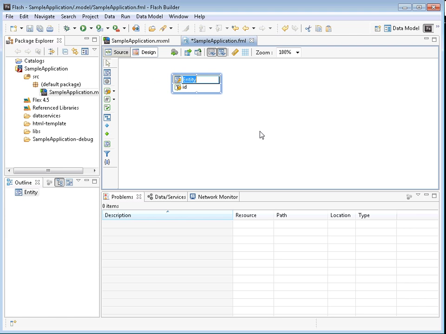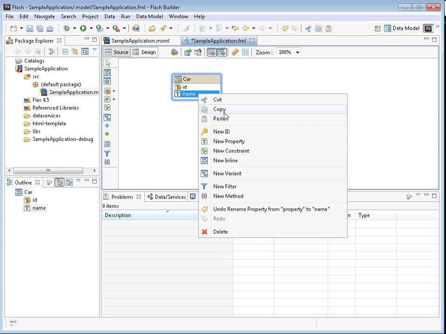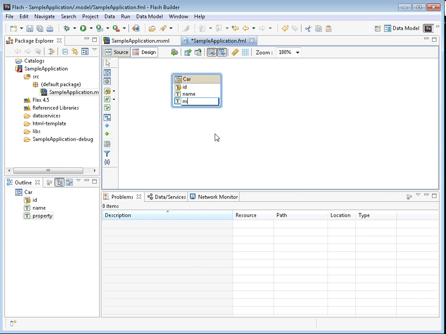Let's give the entity a name. I'll call it a car. The entity has an ID by default, but let's add a couple of other properties. Let's give it a name. Let's give it a make. And let's give it a license. Okay, so this is a very simple model with one entity, and we're ready now to deploy this model to